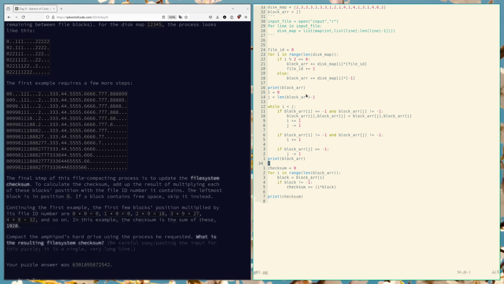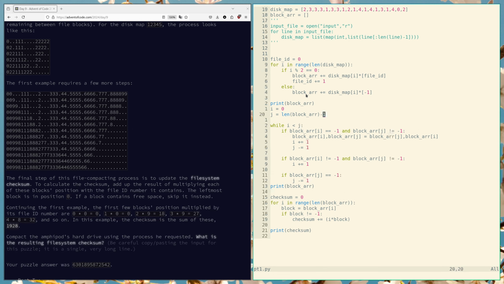So we can go over here to take a look at my code for how we did this. Starting off here, this function does, since it alternates between file and space with this disk map, we're just going to go through each one. I just did a basic even-odd check as we iterate through that array. And if it's even, then we're going to add to our array, which I've called the block array, that number,